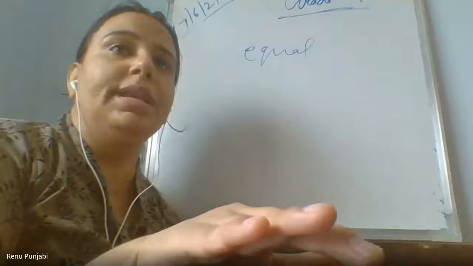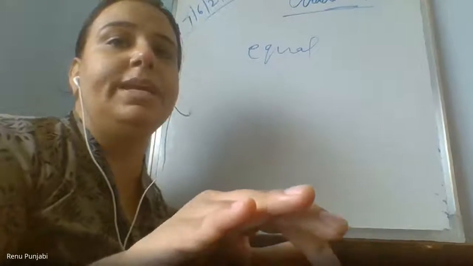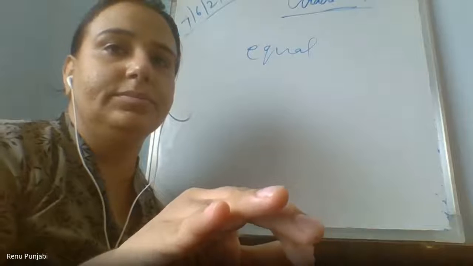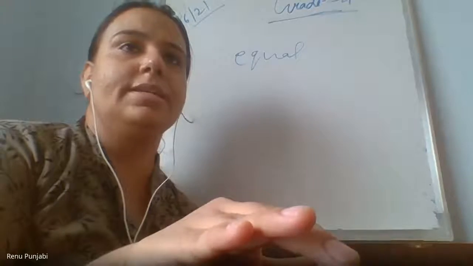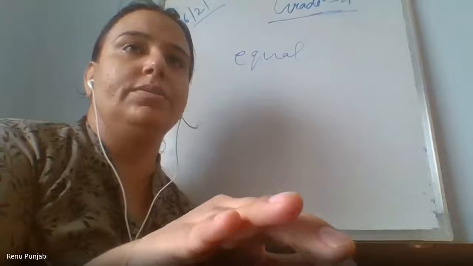So children, tell me now why B is not coming. Ma'am, because B also has space. If we make another B, its upper one is also curved, and if we put another one, it will have more space. But if we remove that in between one, then it can be used. Yes.